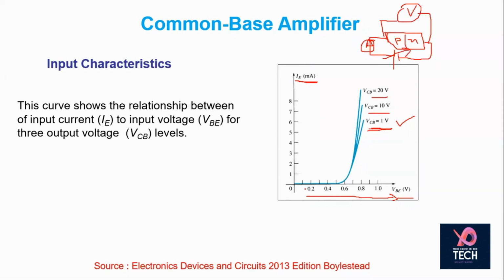Initially there is no change in terms of current, and later on, when this nears 0.7 volts, that is your threshold voltage or built-in potential, your current starts increasing and it becomes constant. So here you can see the entire sequence, how things proceed. This is quite similar to a PN junction.